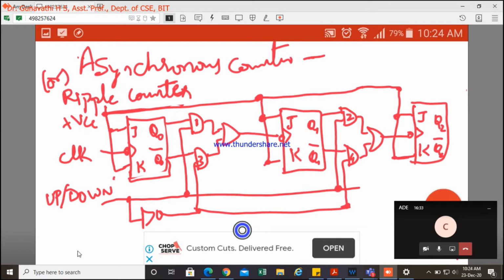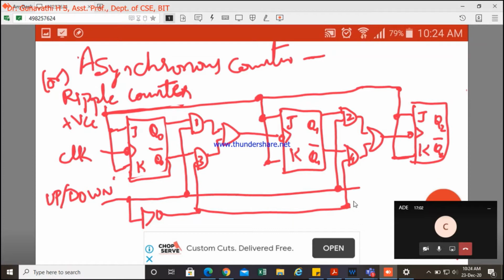So here it is a mod 8 counter. It can count either upwards or downwards. It has 8 discrete states. The number of bits decides how many different states we can have in that flip-flop counter. You restrict it based on how many counts it has to do, and where it has to reset.